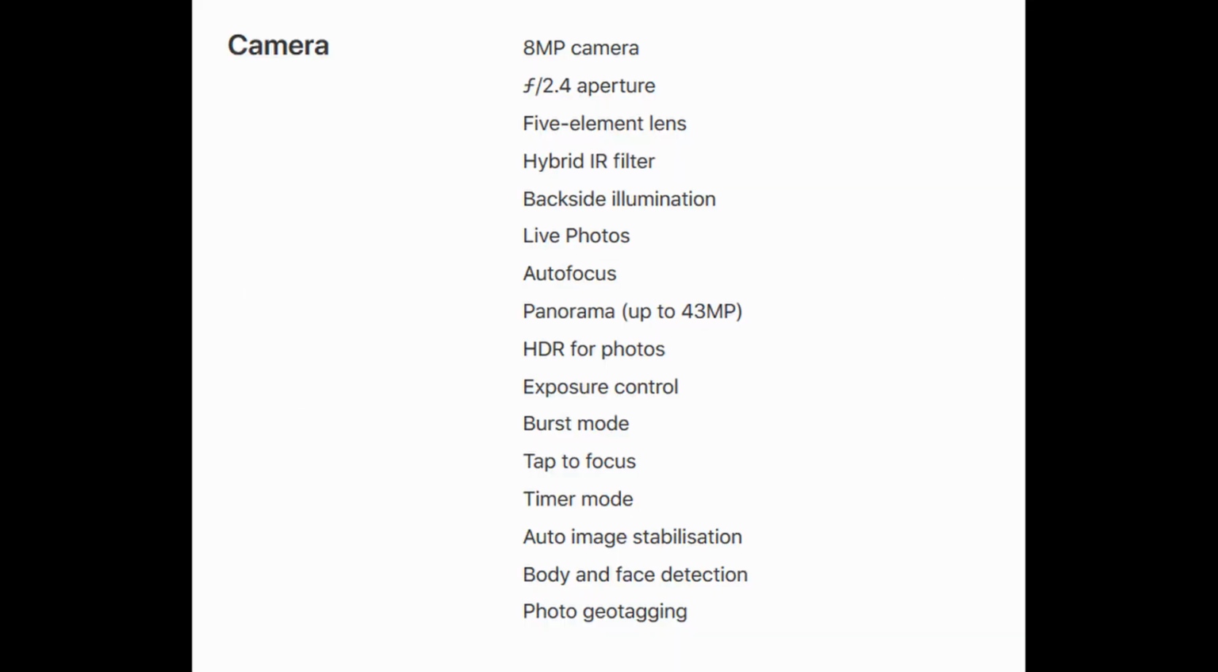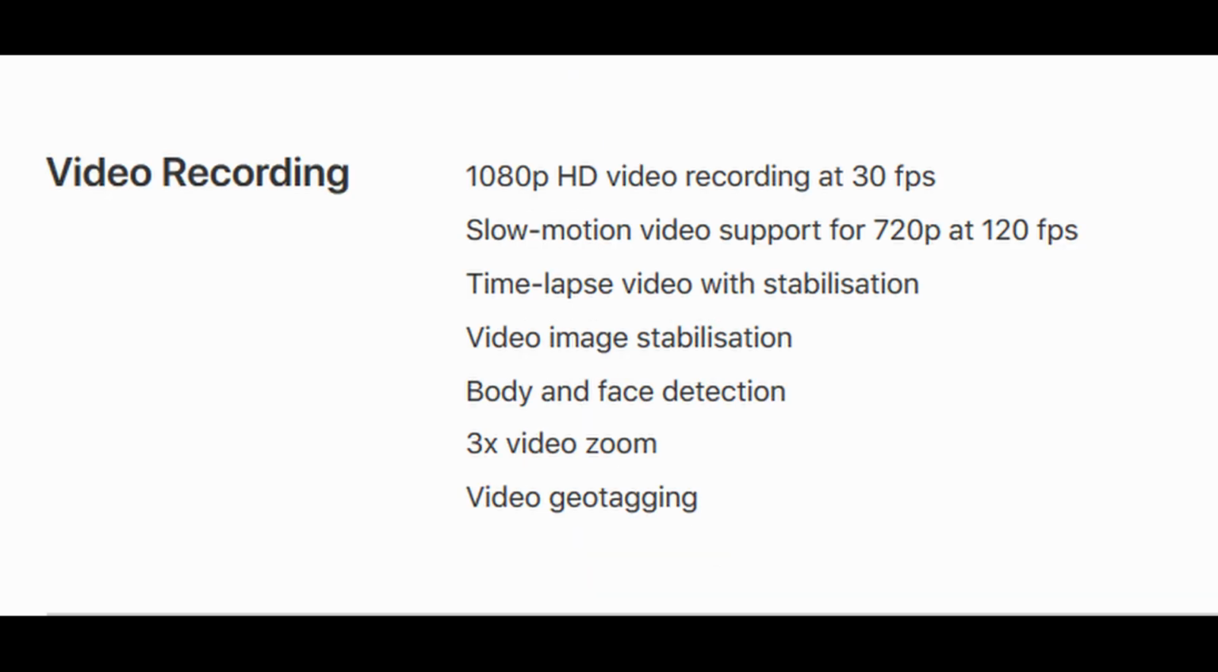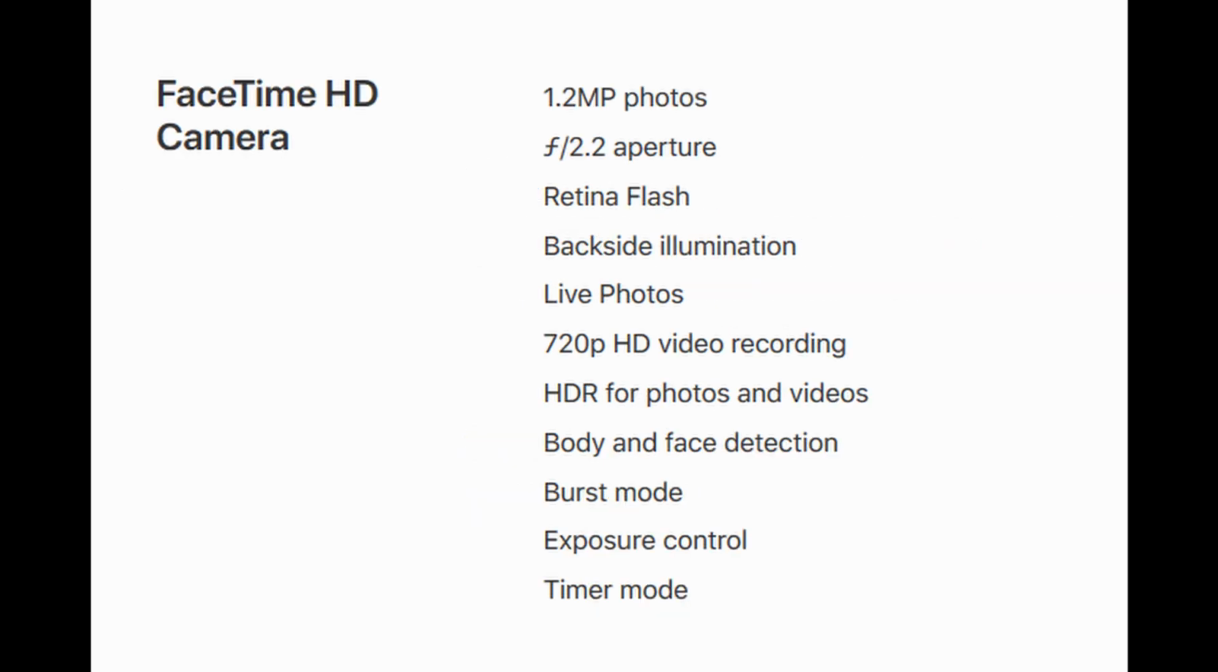Next comes the camera. In case of Apple's iPad, it has a main camera of 8 megapixel with f2.4 aperture and it can record videos at 1080p at 30 fps and slow motion videos at 720p at 120 fps. The front camera in case of Apple's iPad is only 1.2 megapixels with f2.2 aperture